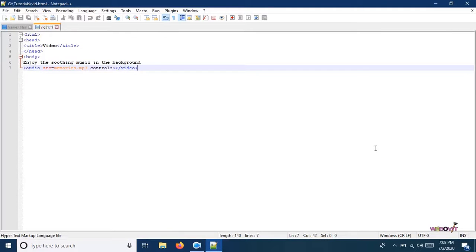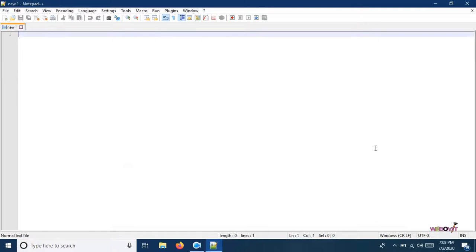We will close the necessary files, or you could leave them open, it's up to you. New file is available here. So what we will do, we will start from HTML. As you know already, these are some common steps which always occur: HTML, head, title, audios and video. You could give whatever title you want, your choice. Title close, head close,